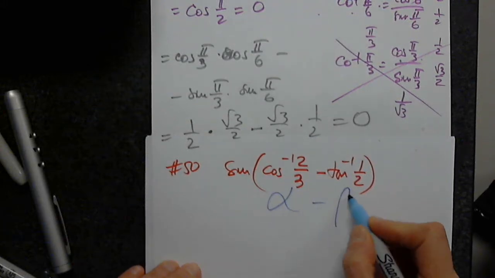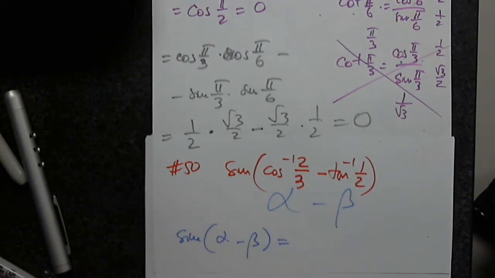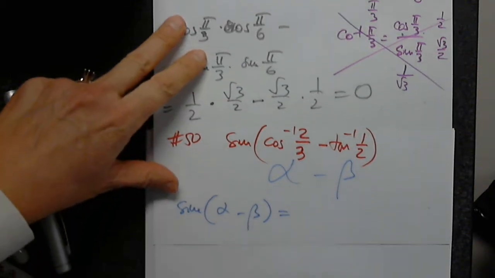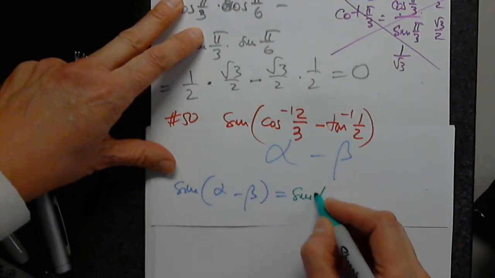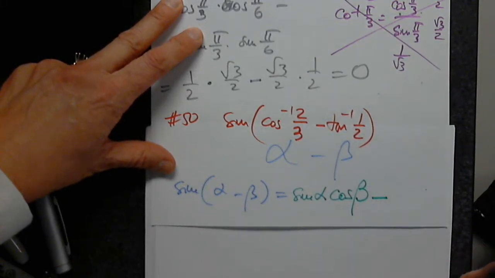So the formula. I have to write the formula first, because I don't know where to start. I don't know what to do first. I want to see what I'm looking for. Right. So I have to write the formula, and this is the correct order, which is sine alpha cosine beta minus